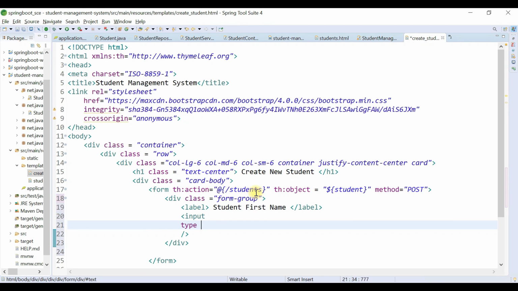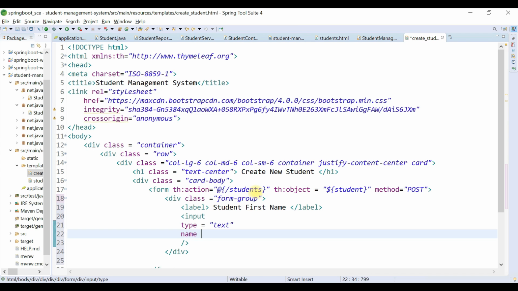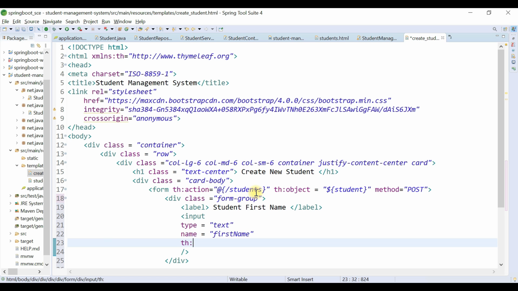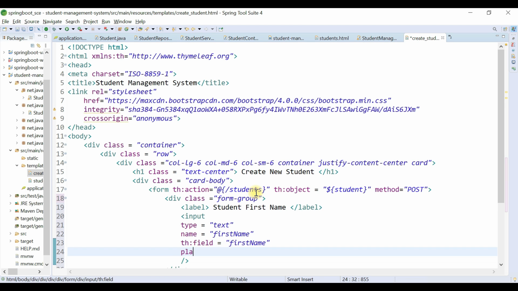Okay, type is text, and then name equals firstName, and th:field equals firstName, and then placeholder, enter student first name.